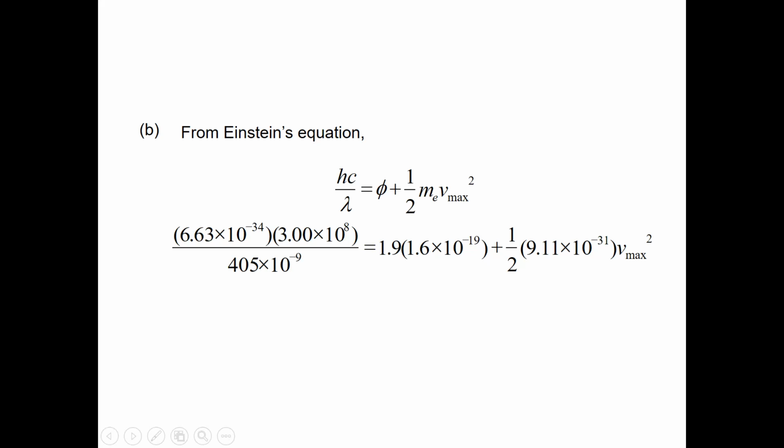So even without introducing Einstein's equation to you, I can already do this formula. In fact, I've been building you up to know Einstein's equation so that when you look at it, it feels very intuitive. So the energy of the incoming photon, whatever is given to the metal, the remaining must go towards the electron. So if you know everything else, the energy coming in and the energy being given to the metal, the rest must be the energy of the electron. So you rearrange, you can find the speed of the electrons to be 6.4 times 10 to the power 5. So example 4 is actually a bridging kind of question because later on you will see how it all works again.